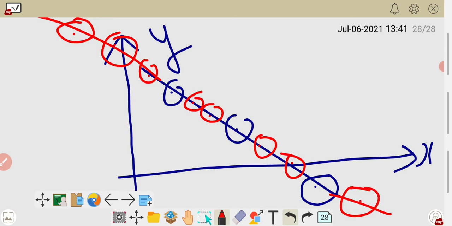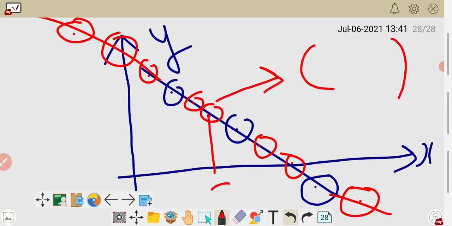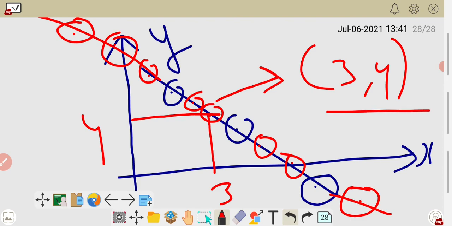But how do you find it from the graph? As I show you, suppose we want the solution at a point. Come on the x-axis, suppose it is 3, so write 3 here. On the y-axis, suppose it is 4, write 4 here. So your (3, 4) is also a solution of the given equation. So if you plot the graph for a linear equation in two variables using 2 or 3 points, you can find many solutions.